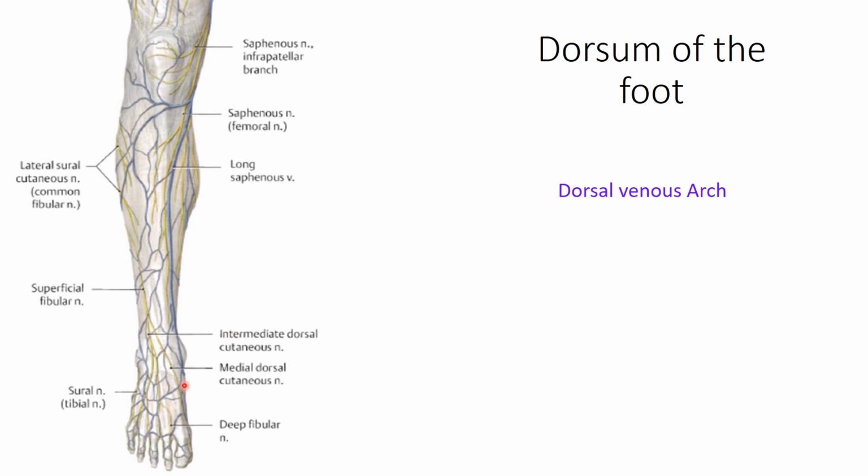Now this portion has the dorsal venous arch. It gets its supply from the perforating and muscular branches, or the tributaries from the veins, and they form the dorsal venous arch, which has a medial continuation as the saphenous vein and a lateral continuation, which is not shown here because it is just lying posterior to the lateral malleolus. This is the small saphenous vein. So there are two continuations from the dorsal venous arch. Medially it is the great saphenous vein, laterally it is the small saphenous vein.